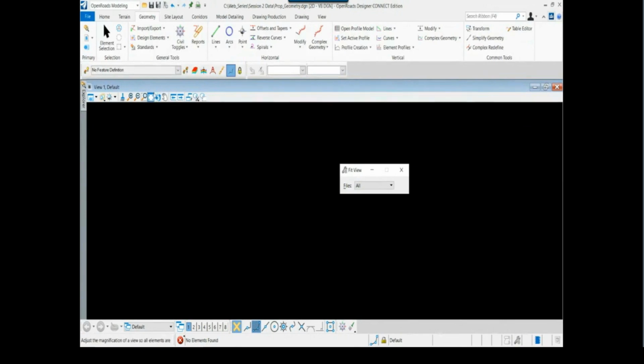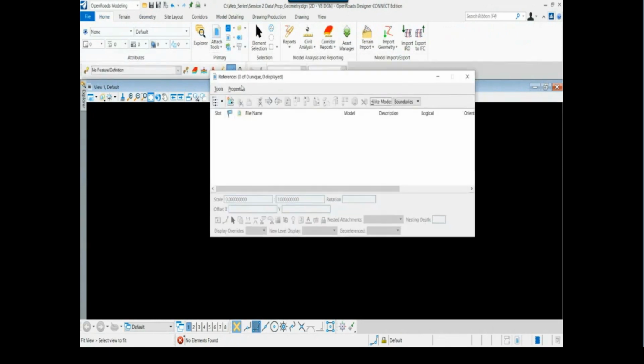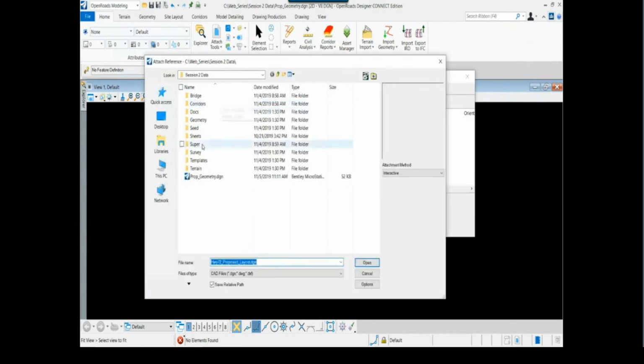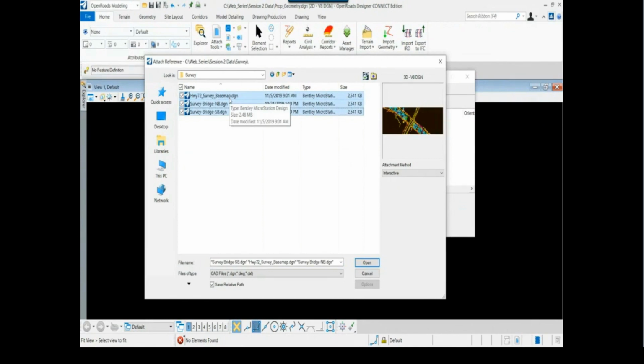Now, how do we bring that data in so that we can use it to create horizontal geometry? Well, since everything lives in the DGN, we're going to use reference files. So I'm just going to go into my references dialog box, browse out, and attach several files to get me started in this session. I'll browse to the survey folder. I'm going to select both the survey base map, which is from Kevin's work last week, as well as a couple of files. These are the terrain of the deck of both the northbound and the southbound bridges. So I'm going to just reference those in,